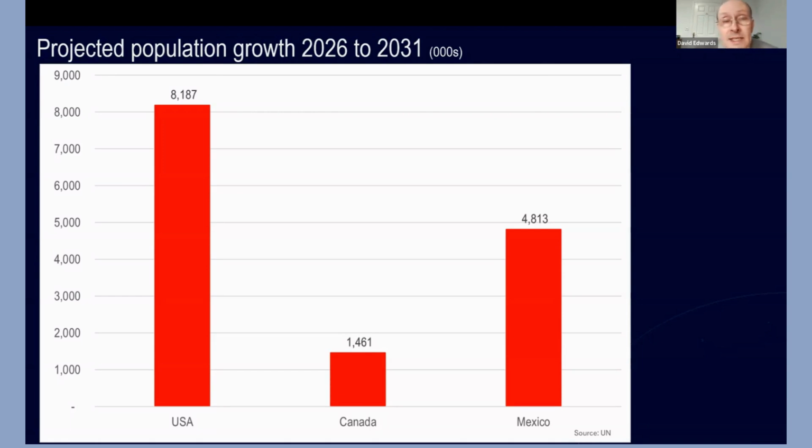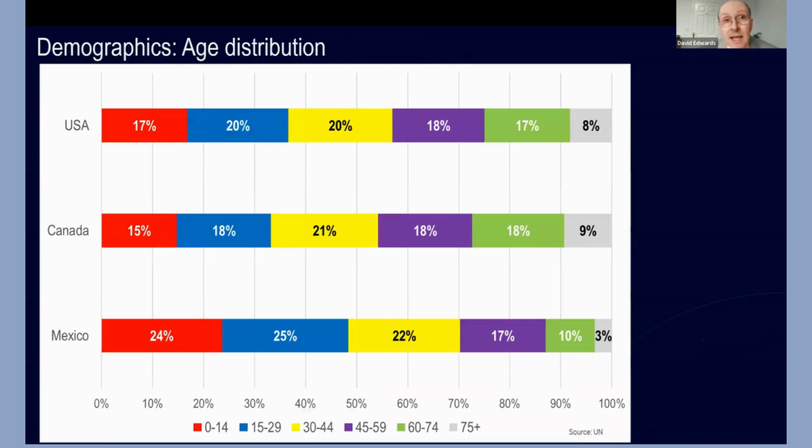So as we've seen, there's been a lot of growth in the US population, courtesy of international migration, similarly in Canada. Whereas in Mexico, it's much more about natural change. What's that? Well, that's the difference between births and deaths. And it's this slide that helps explain that, because what we're looking at here is the age distribution across the 3 markets.